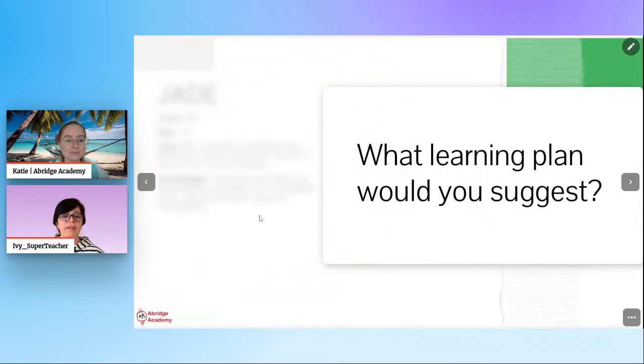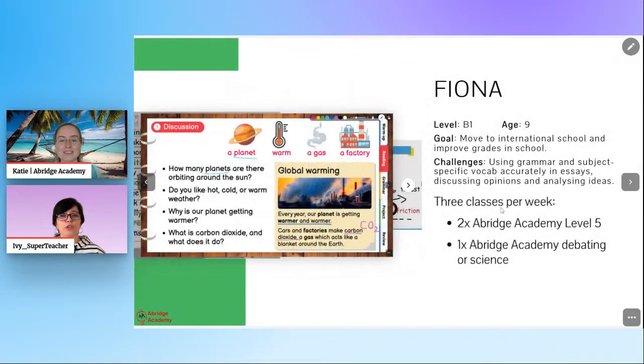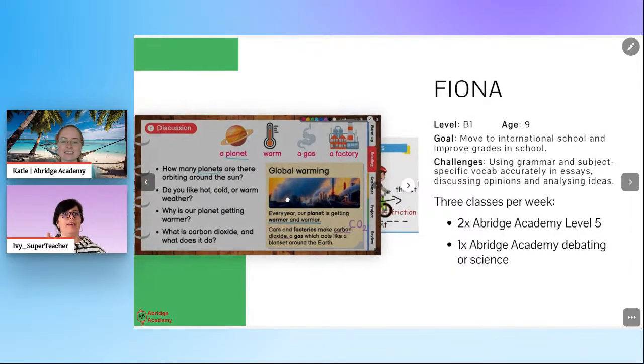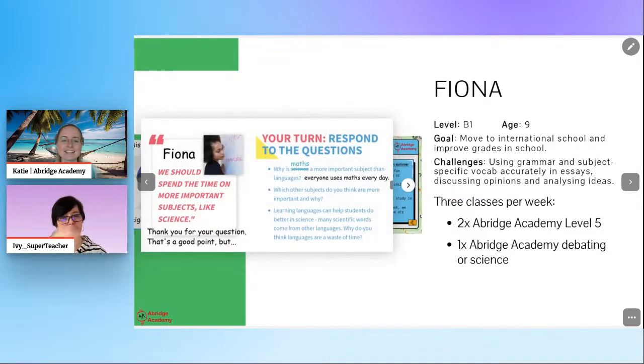And if I may add, for those of our fellow teachers who are not familiar with anything other than core Able Academy lessons, the debating lessons always introduce one skill at a time, which I really love. My students love that because they can most definitely grow their confidence in using that specific skill. You mentioned Fiona maybe struggling with discussing opinions and analyzing ideas.